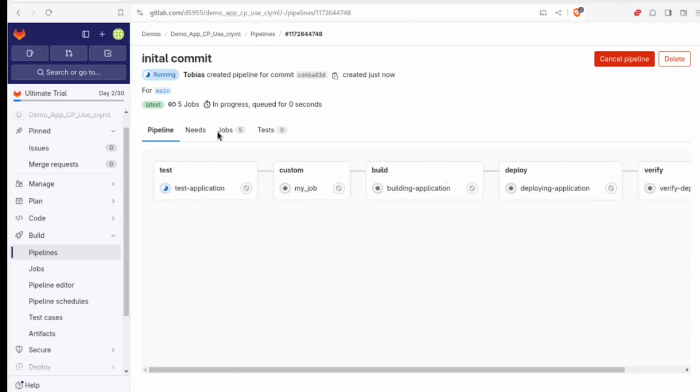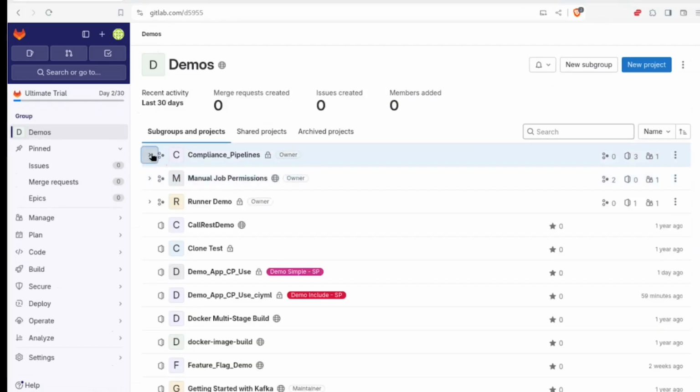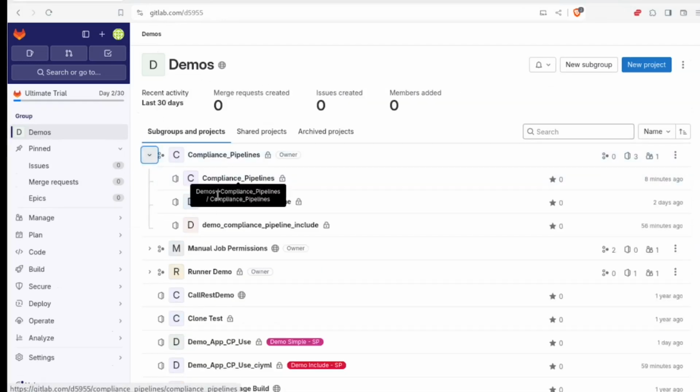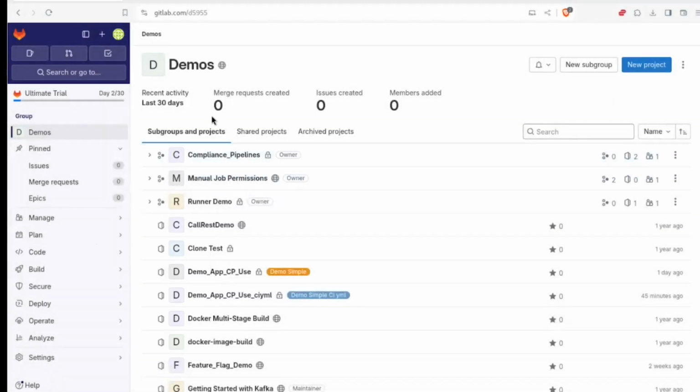And now this way you can go ahead and you can manage all your compliance frameworks and the pipelines that you're setting up in a single project. We can now delete these two projects here, and then you have a single project in which you can manage all your compliance pipelines. One other nice feature using compliance pipelines and compliance frameworks within GitLab Ultimate subscription is the